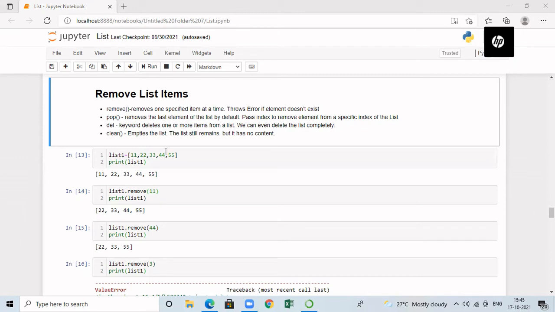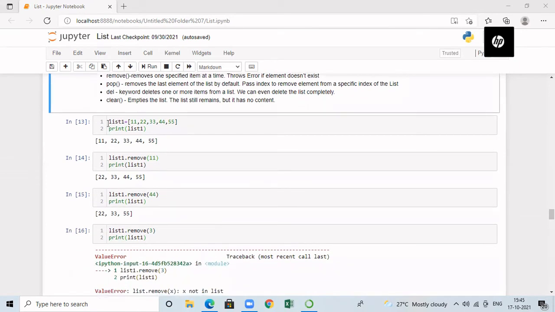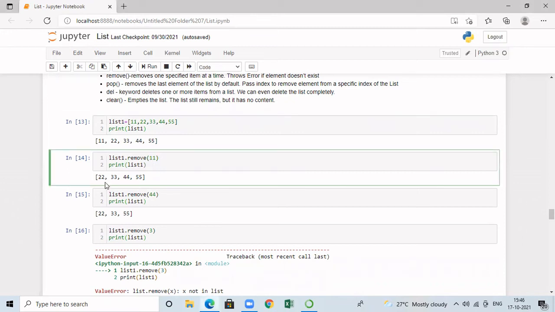Now let's see these methods with an example. First, list1 is initialized with 5 elements, 11, 22, 33, 44, and 55. And when list1 is printed, we are getting that. Now I am going to remove the element 11. So I have to pass that 11 as an argument to the remove method. We are going to call the remove method with the help of the list object that we have created. So list1.remove, I want to remove the first element 11, so I'm passing 11 as the argument. When this is executed, after that I am printing the list. Now 11 is removed from the list. We have only 4 elements present in the list. So in this, we have removed the first element from the list.